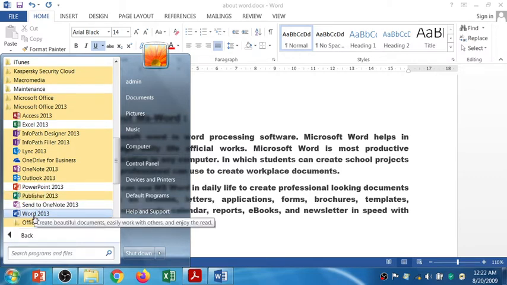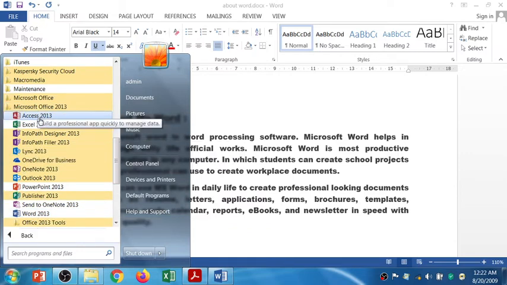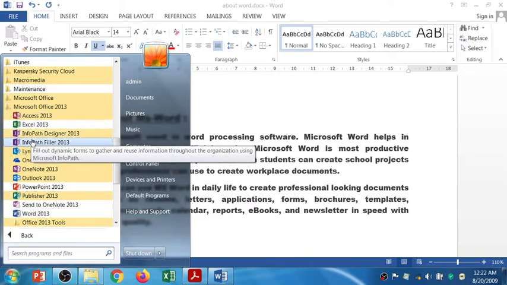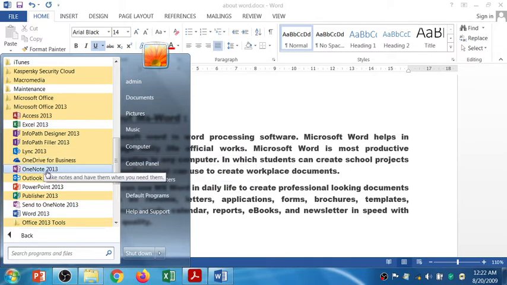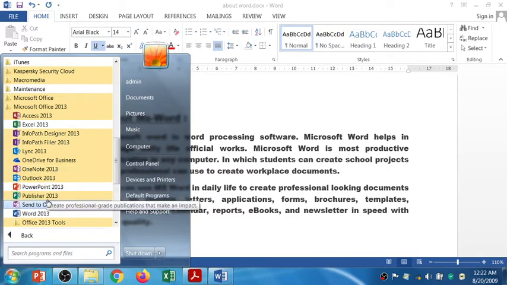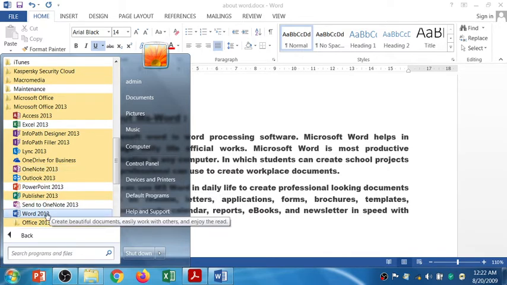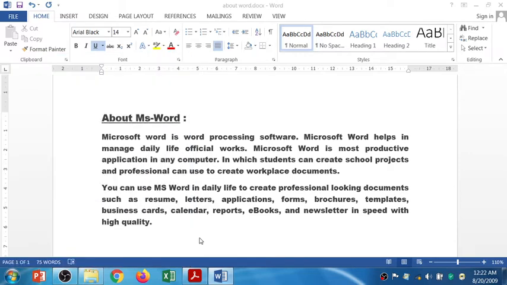Now there is a set of software in Microsoft Office such as Excel, Access, PowerPoint, Outlook, Publisher, and other software are also there. So here we are going to discuss the Microsoft Word, which is version 2013. I have already opened the file. Let's see